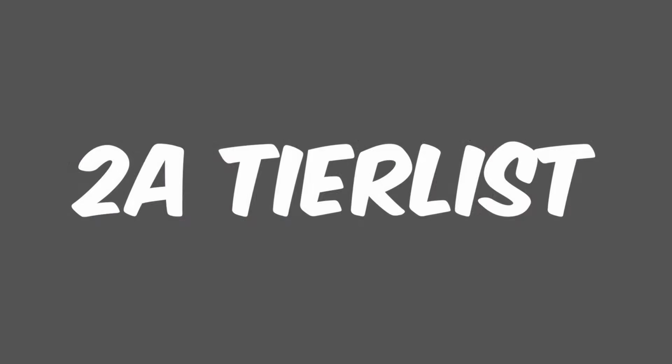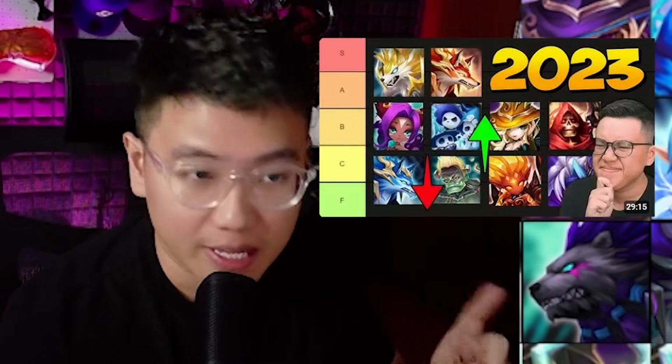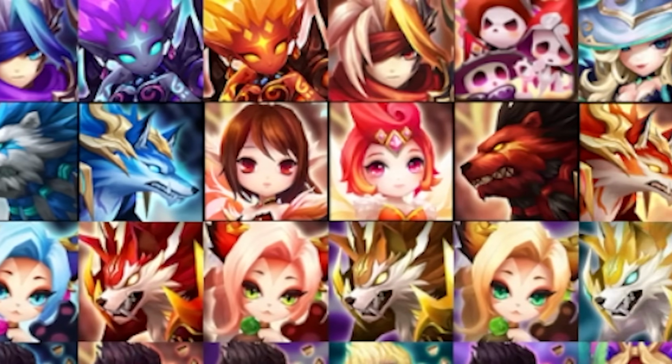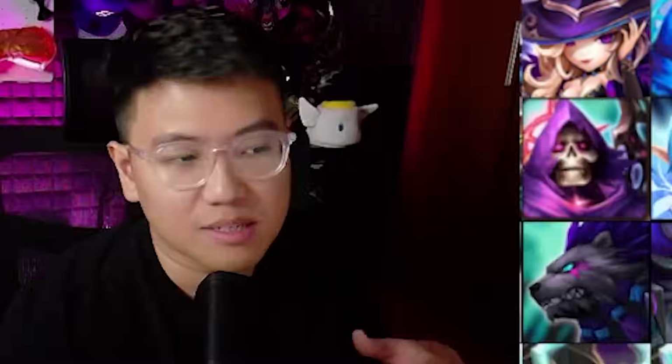Hey guys, today we're doing a 2A tier list. The last one was done a year ago, and since we have new 2A, let's take a look at how they fare against the older 2A. And also, I want to just revisit the 2A situation that we have over here because maybe the meta changed